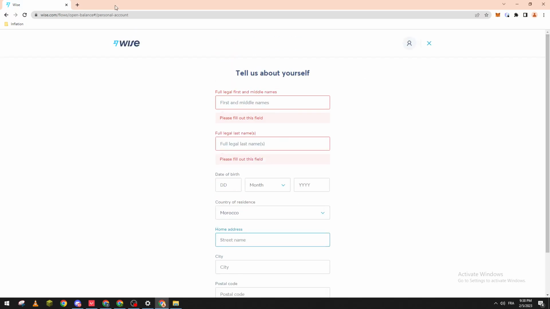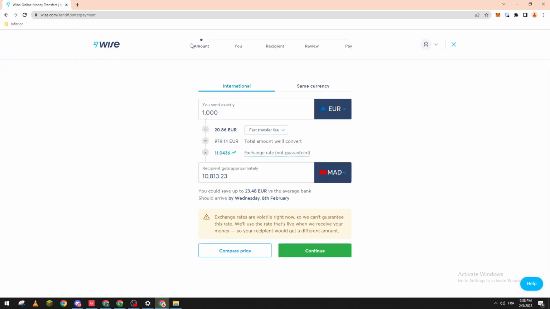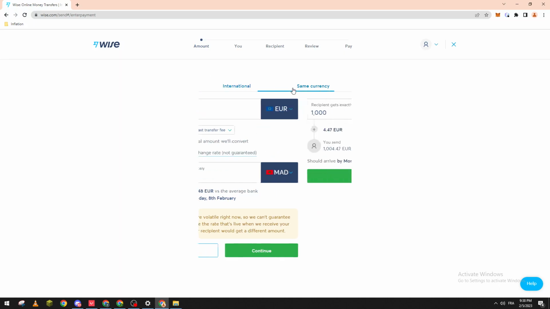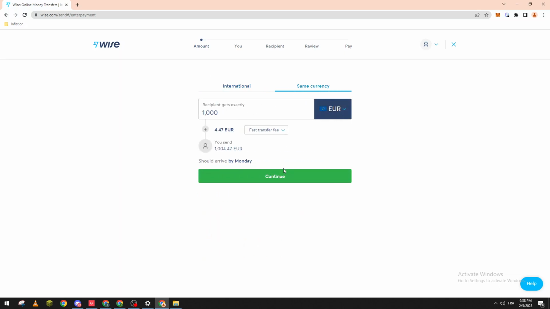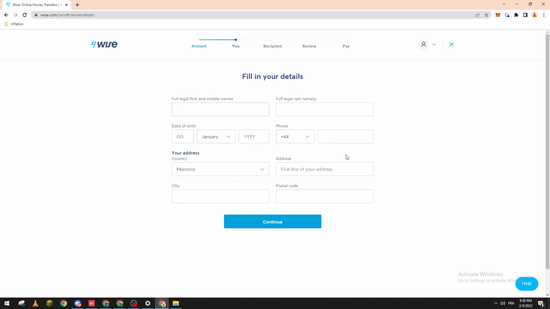After you get accepted, you just have to go. For example, let's say that you are sending some money in here. So let's say, for example, you make it the same currency, you continue, and you put your personal account, you fill in this information with your information, and then you went all the way to this pay. So when you achieve this pay, you can actually cancel simply by clicking